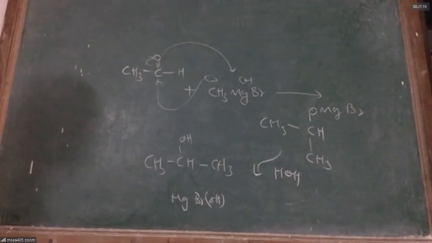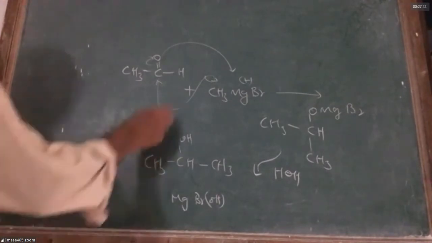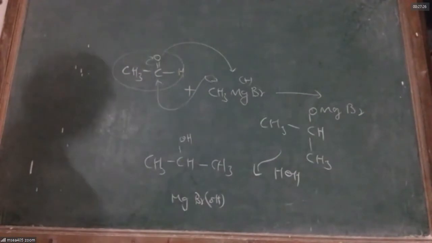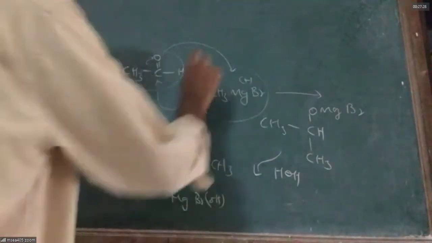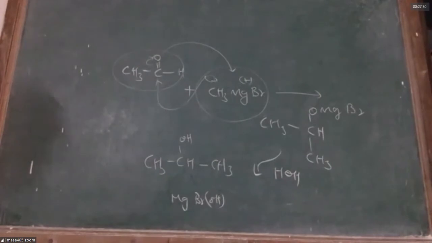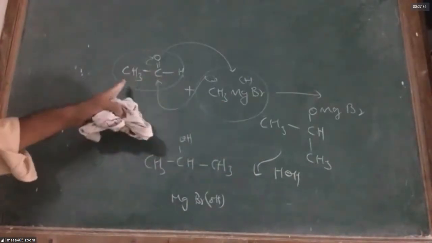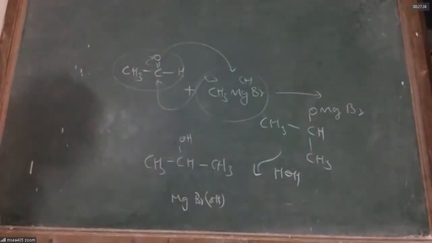Notice that, so secondary alcohols can be prepared by changing any aldehyde. You should not take formaldehyde, and you can take any Grignard. So when you want to prepare a secondary alcohol, you have two facilities. Either you can change the Grignard carbon or you can change the number of carbons in aldehyde. But you get a secondary alcohol. Is that fine, sir? Yes, sir.